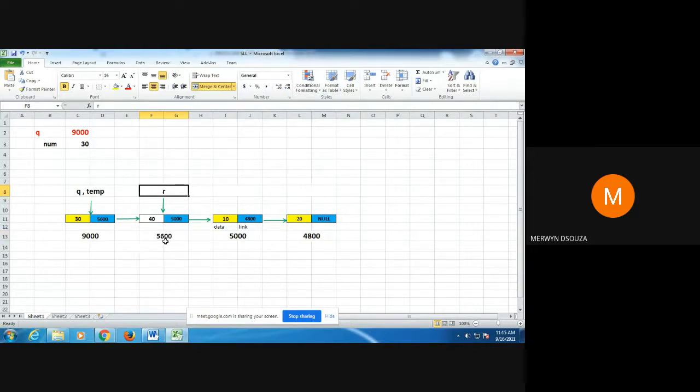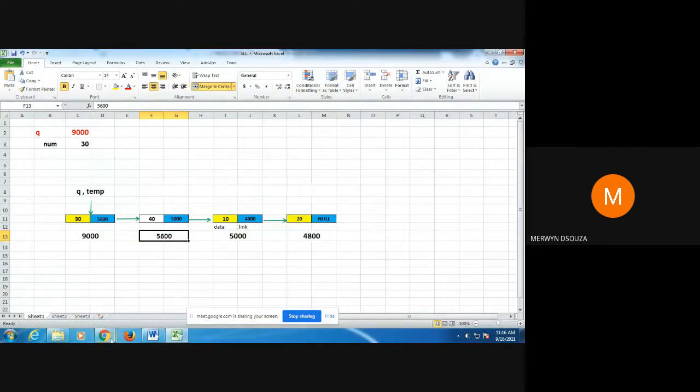The r would have contained the value 5600, right? But in this diagram, as of now, there is no pointer present at the second node.